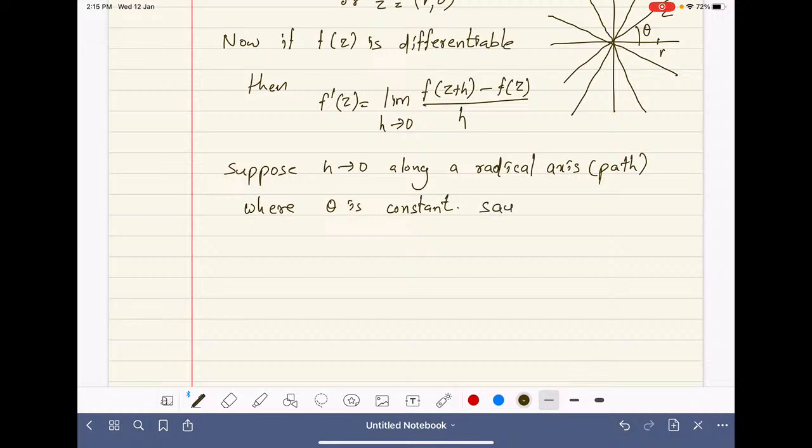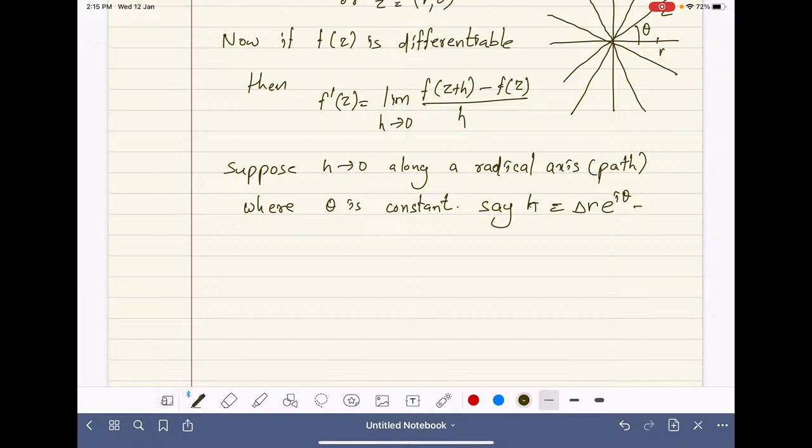Say h equal to del r e power i theta. So h is not equal to 0. Then